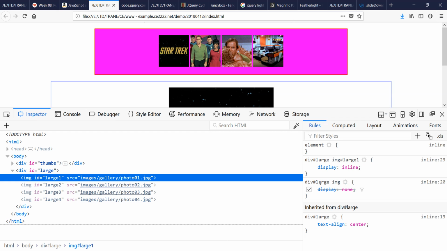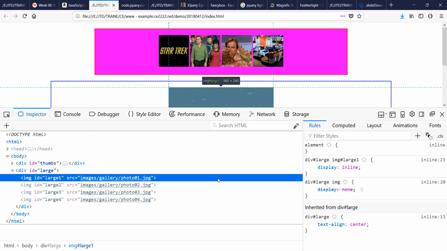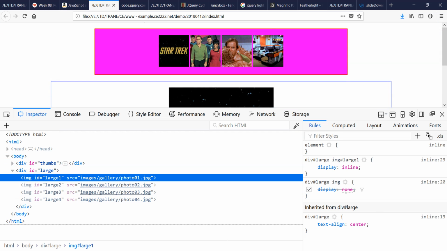It's also being affected where we have div #large image, where we have the display none on everything. Now that has a strike through, a line through it, meaning that it is being ignored right now, because with large 1, I'm being more specific, and I'm saying I want that to be displayed inline. So on the right hand side, it's showing me all the CSS which is affecting this thing that I have selected, but it will cross certain things out if that is being ignored, because something else has more